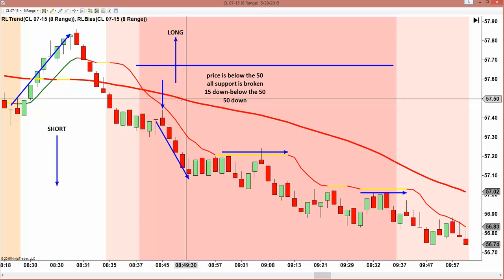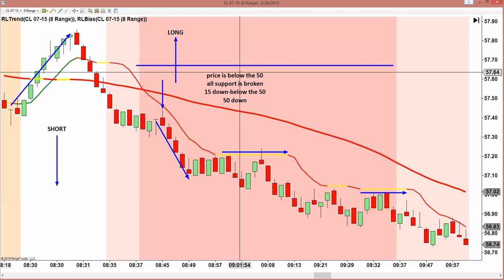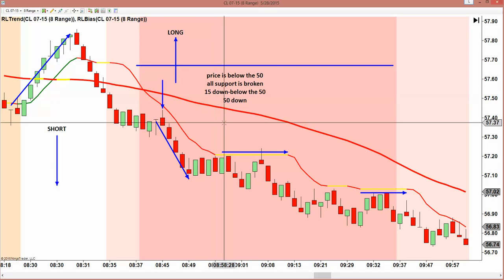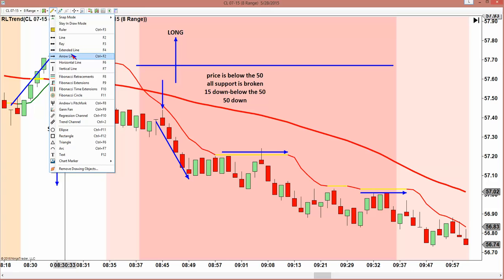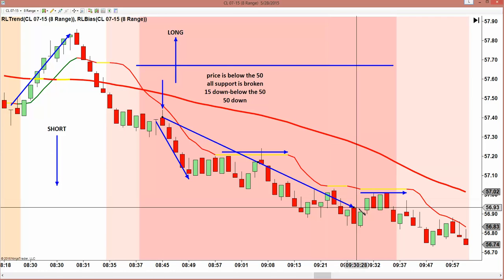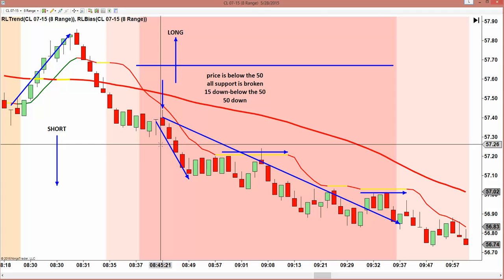And the key to making bias so important is that price action on the chart doesn't affect the color. It's the color affecting price action. So you can see the tremendous proclivity of price to fall when the color is pink. It's because your higher time frames are falling. It's because the 15 and the 50 are heading down on your higher time frames. It's your higher time frames. You've got the 15 below the 50. And unless there's a radical reversal in direction on a great entry like this, you're going to get a successful